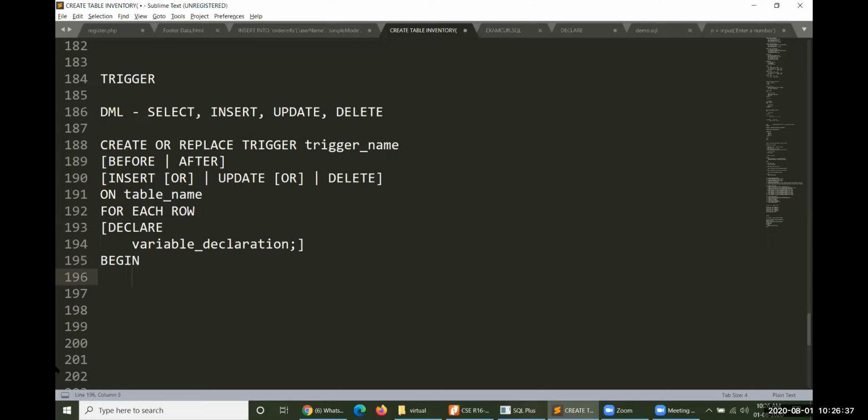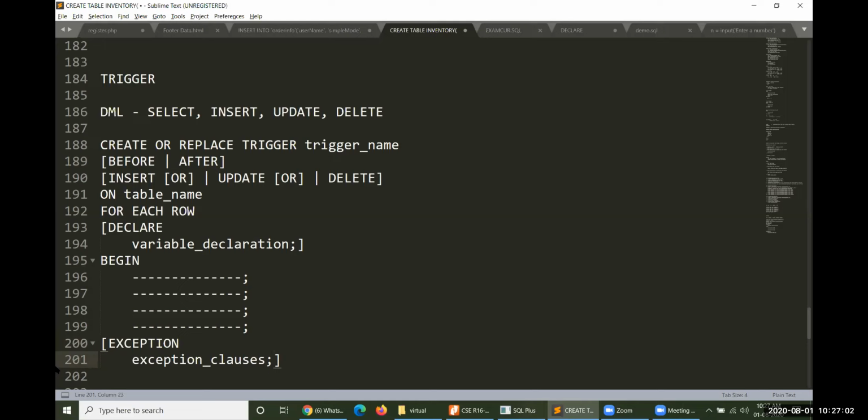Then any SQL executable statements, except commit. Commit cannot be used in a trigger. Then followed by, there is another clause, exception. Exception clauses.